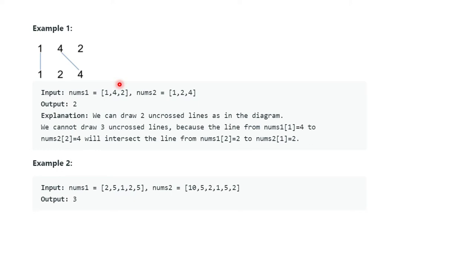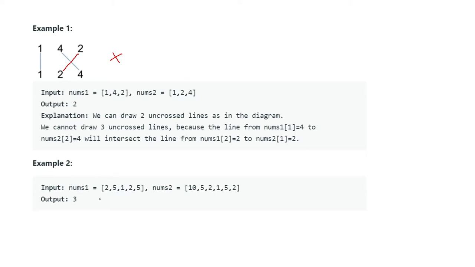So here if you take this example, you can't draw a line like this. Though it's a match, you have already drawn a line between 4 and 4. So if you draw a line between 2 and 2 now, they are crossing each other at this point. So this is not allowed. You can do one thing, you can take either of them. Maybe 1 and 1 you took, then 2 and 2 you can take. At that time no lines are crossing each other. That is valid. But no lines should cross each other.